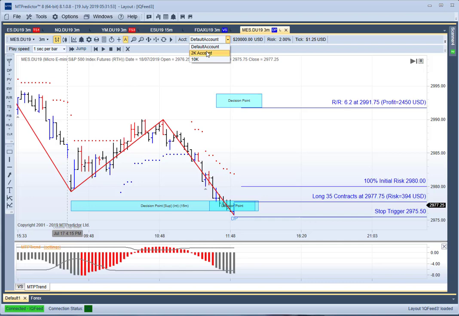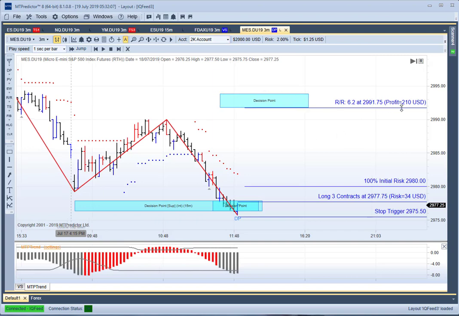So if I use a small account, say a $2,000 account, this allows you to then go along 3 contracts, which means your initial risk would be approximately $34, ignoring slippage and commission, and our potential profit, if the market gets up to our first target, which would be there, would be potentially $200, or more importantly 6 times the